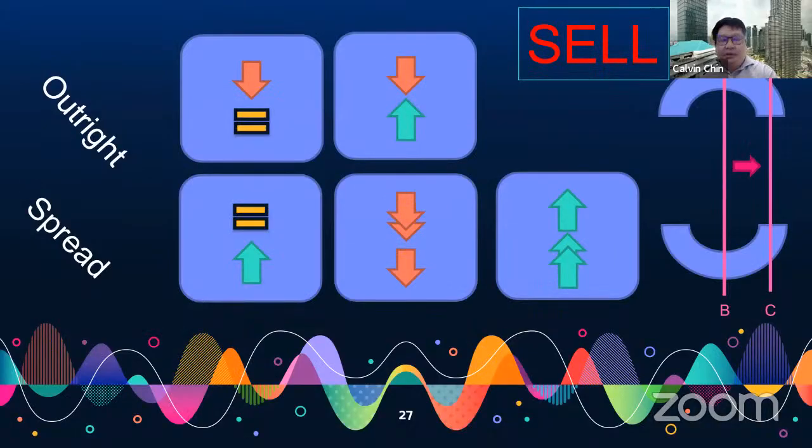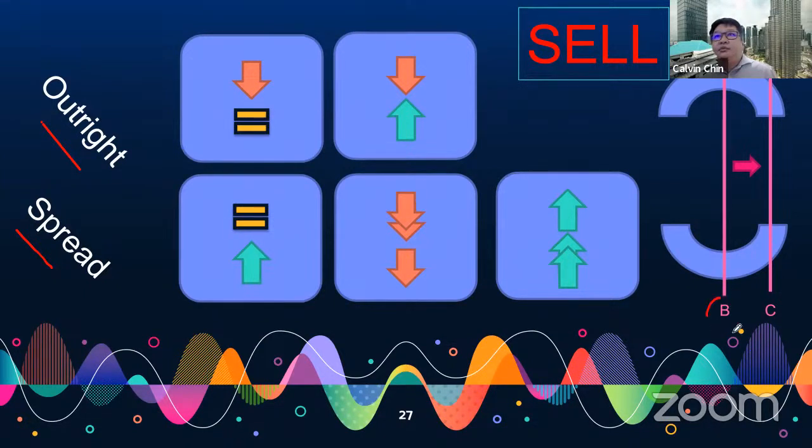Okay, now we go to the next one, which is when the spread goes down. Normally, when spread goes down, the outright should go down. But that is normally, as we have just discussed, not always the case. Okay, but normally it's like this. Then what happened